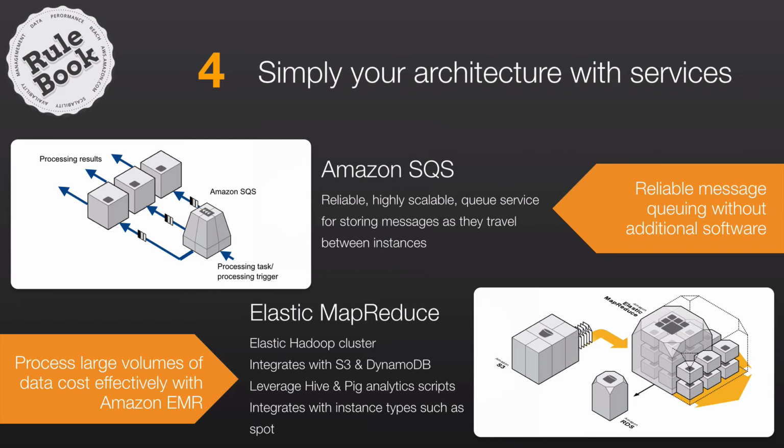Through to more advanced services like Elastic MapReduce, which gives you a framework for managing and operating Hadoop-based workloads on the AWS platform, support for many, many different Hadoop ecosystem tools, integration with other AWS services like S3 and Dynamo, and integration with things like the AWS spot market for EC2. So you can process large volumes of data cost effectively with that tool without ever having to worry about planning or deploying a Hadoop cluster of your own. We see many customers move forward and reduce the amount they do when they take advantage of these services.